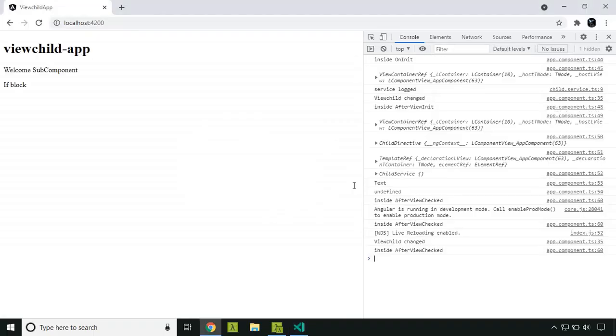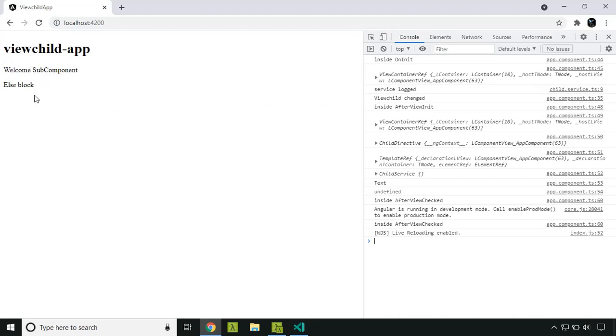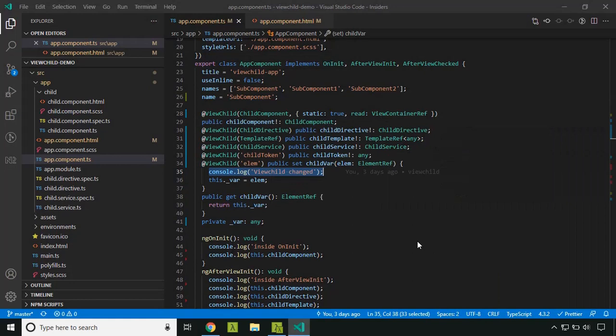Now if I refresh the application, initially it is the else block, and now it has changed to the if block. You can see that the console log which I added earlier, the view child change, is available here. Also I will check what the value of the element is.